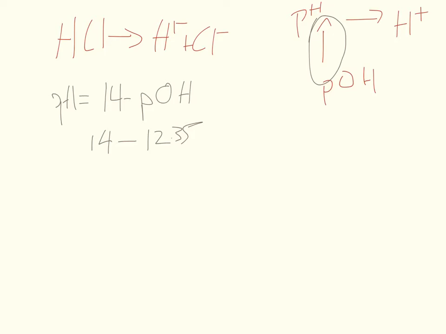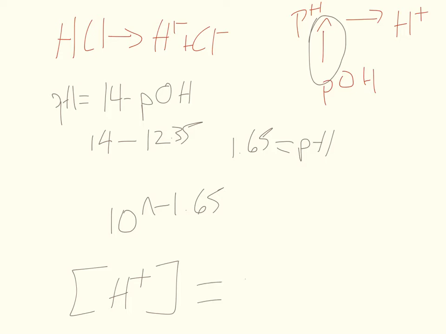Neato. 1.65. And if I got 1.65, that's equal to my pH. In case you did this the other way, you'd get 4.46 times 10 to the negative 13th. That would be your hydroxide ion concentration. Either way, once you get there, you should be able to find the hydrogen ion concentration. So in this case, I'm going to take 10 to the power of negative 1.65. So using my calculator here, 1.65 negative, take that to the 10th power, and I get 0.2238. So my hydrogen ion concentration is